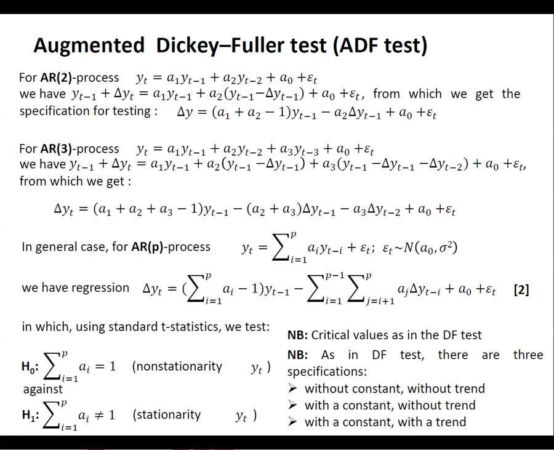The equality of the coefficients A1 plus A2 to 1 is tested. Note, A1 plus A2, not A1 equals 1 anymore, but the sum of the autoregression coefficients must be equal to 1, so that this expression in brackets is, in fact, equal to 0. And here is the same for